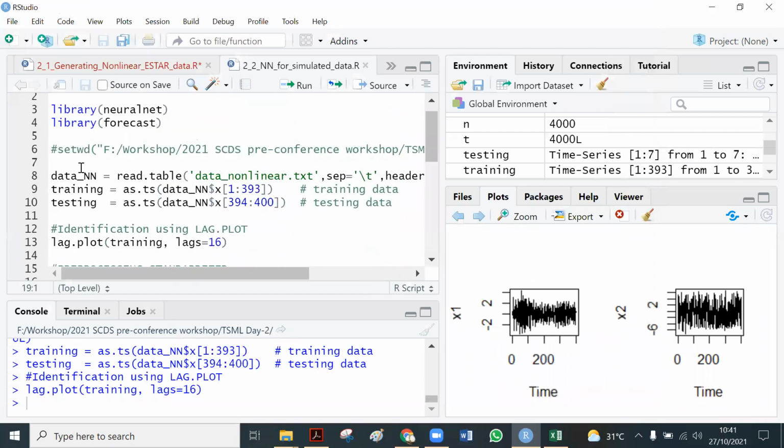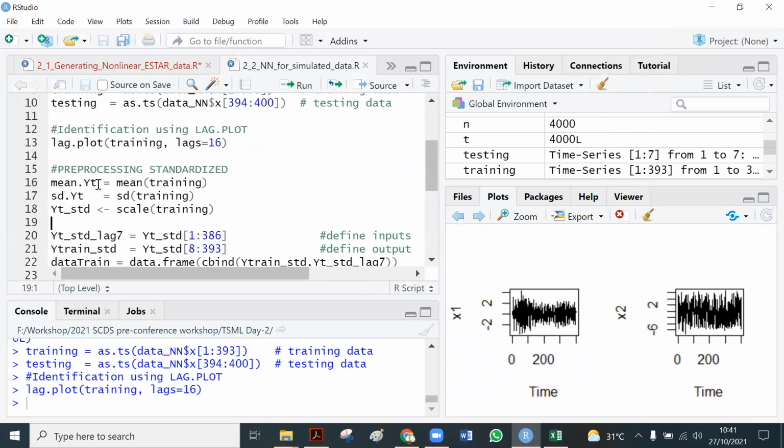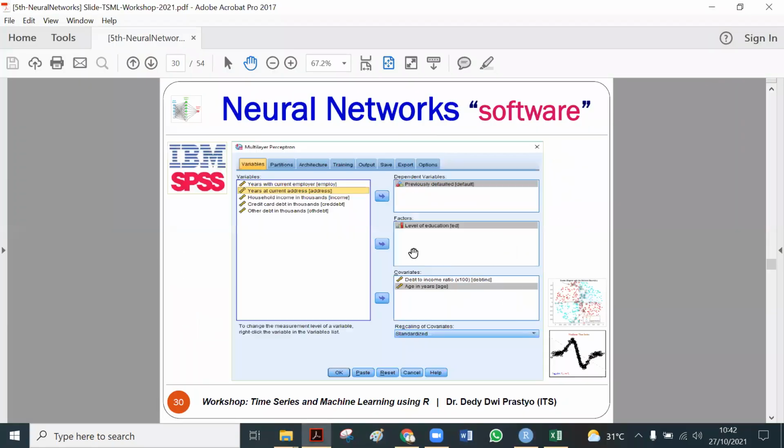Because like this, read, and then we name it training, and then we compute the mean, we compute the standard deviation, and we have the data named yt standardized. And now we need the input.